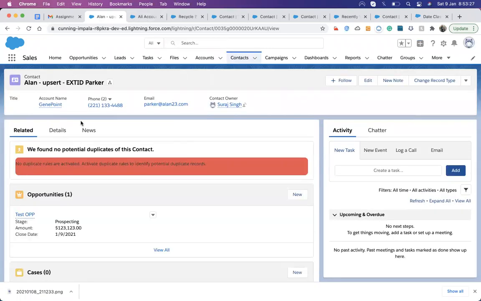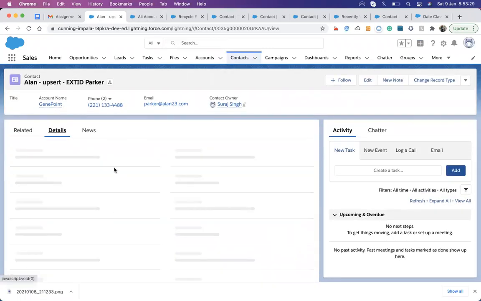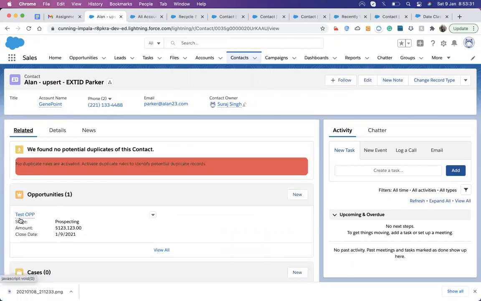All the records are rolled back, and the relationship that I made, meaning the child record I created for this, is also connected again. So whenever we are doing an undelete, it will roll back all the changes that we made during the delete.